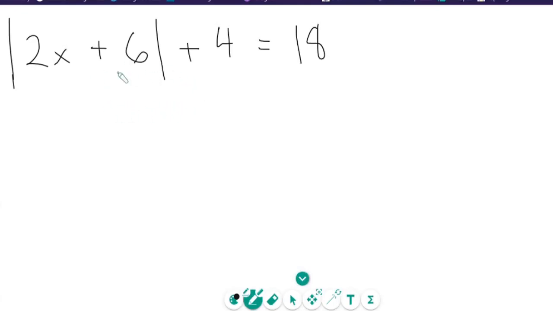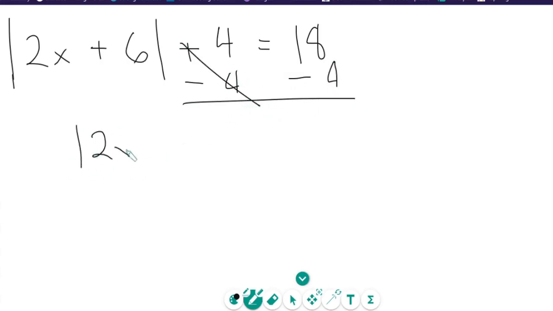Let's try this one. This one is kind of tricky because you have the absolute value of 2x plus 6 and then you have this 4 right here. So in order to solve this, we need to treat this absolute value as a variable, like it's an x or a y or some other variable. To solve for a variable, we gotta eliminate this 4 to get it by itself. So we subtract 4 from both sides. All we're left with is the absolute value of 2x plus 6